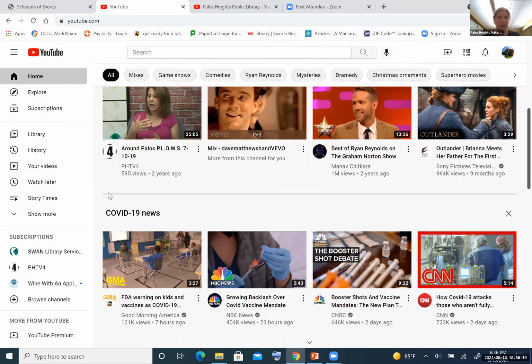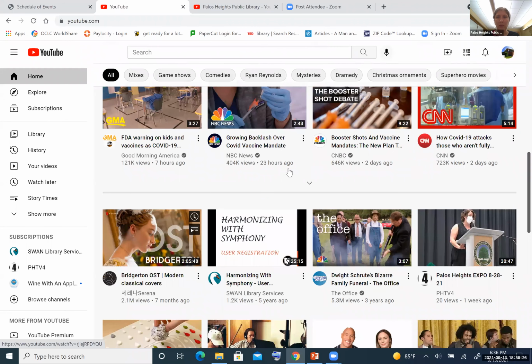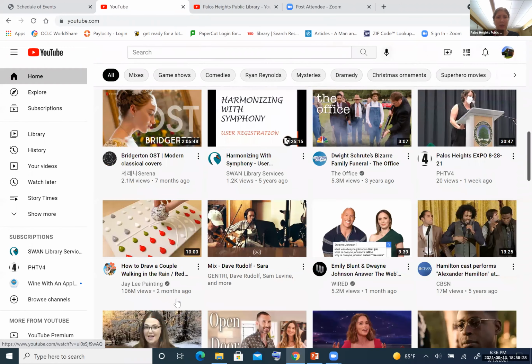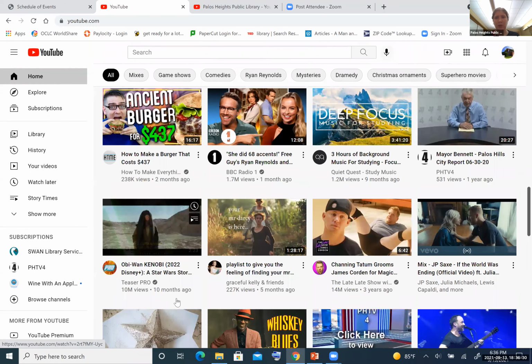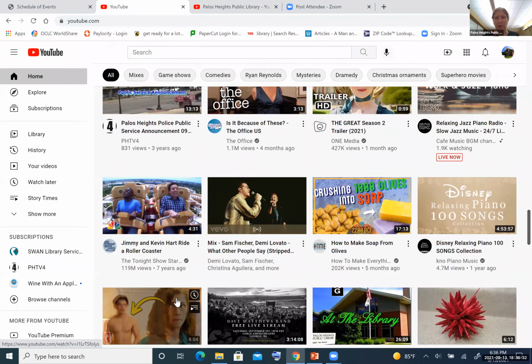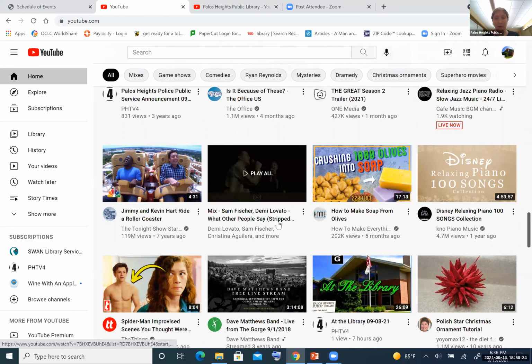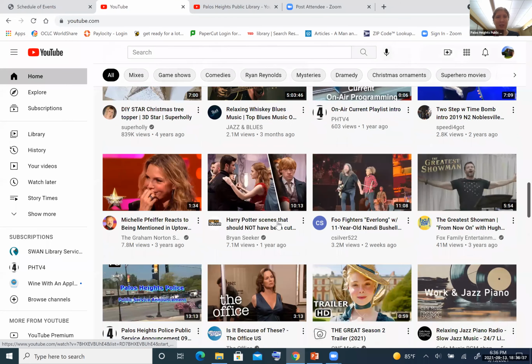Then it also usually has other trending news. So right now, this is the news. And then more recommendations after that. It just keeps going down for quite a bit. It gives you quite a lot more, and if you get to the end, it loads in even more. So it's kind of like an endless page.